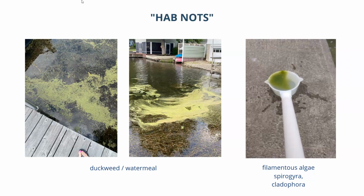On the far right is what we sometimes see. It's more filamentous. It's called filamentous algae. It looks stringier, sometimes sort of glob-like. So this is not a harmful algal bloom. You can actually tell because of what we call an oar test, something you can do. If you take an oar from your boat or rowboat, or in this case a water sampling stick that somebody used to pick up one of these stringy algal masses,